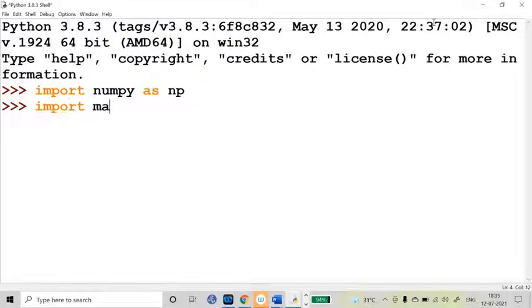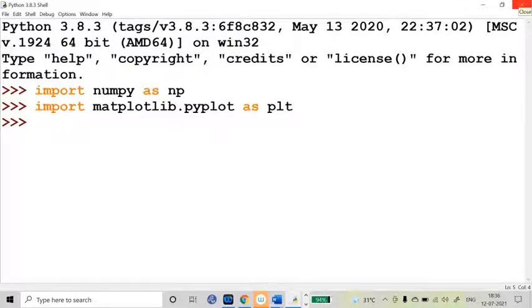So, import matplotlib.pyplot as plt. Soon it will be imported. So, matplotlib is imported.